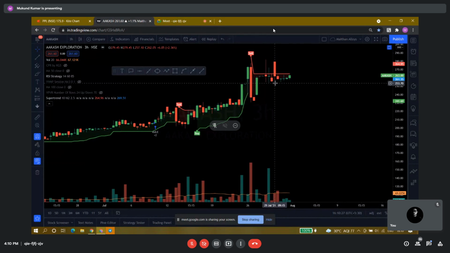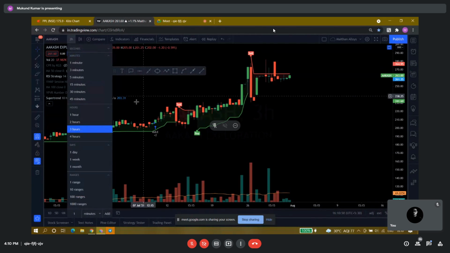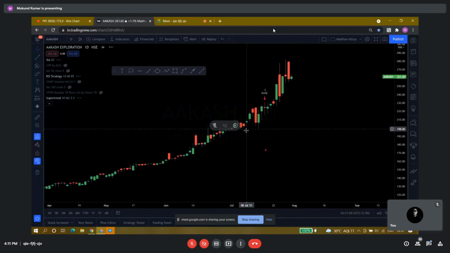So that is what I was telling you. If the chart is showing you a different thing, you can wait with your stop, and you should not exit simply on the basis of this super trend trailing stop loss concept. If you can analyze and understand the chart, then you should go with the chart and with your conviction. But if you are not aware, you can simply follow the super trend indicator for exiting a trade once the trailing stop loss hits. But now I can see you can obviously hold this trade.